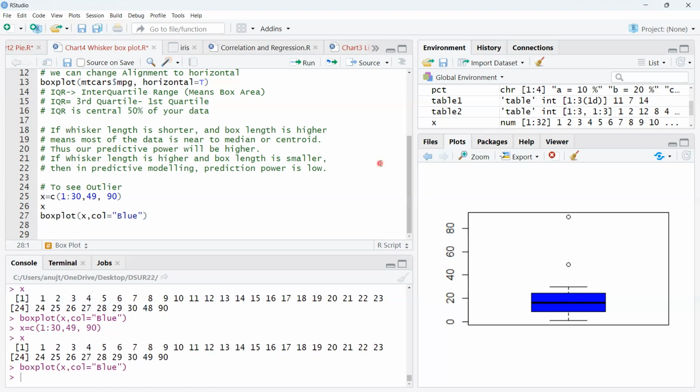Okay, so these are the 4 charts we have discussed right now. And in the next session, we will discuss other plots with the iris dataset, and we will use